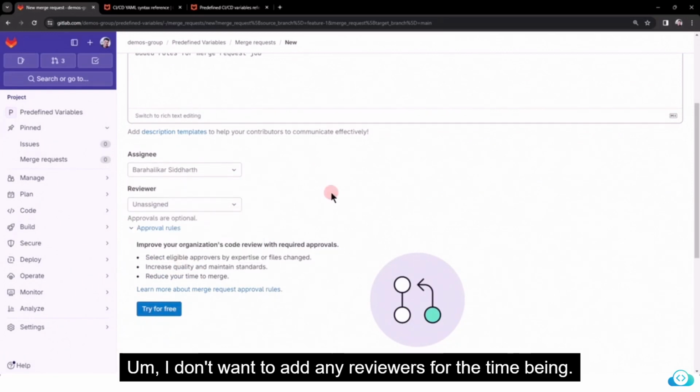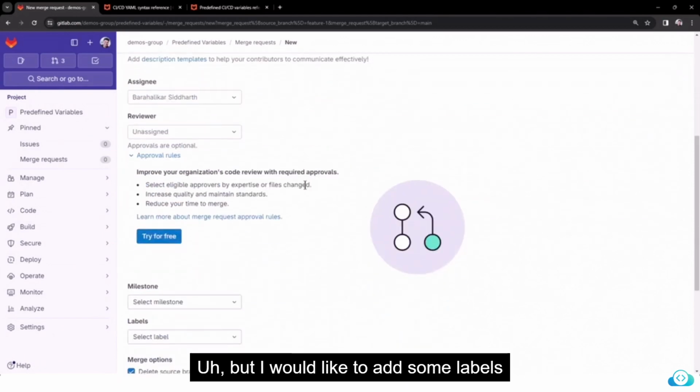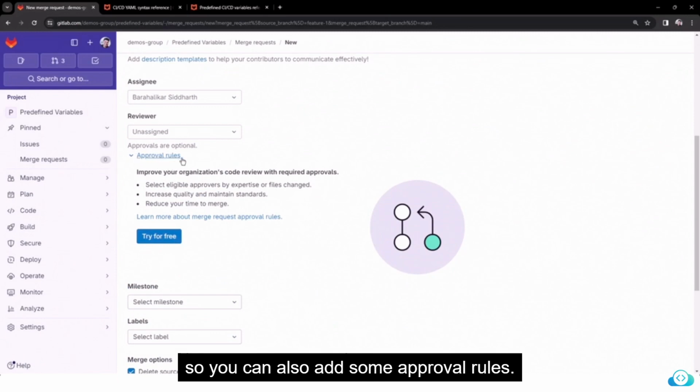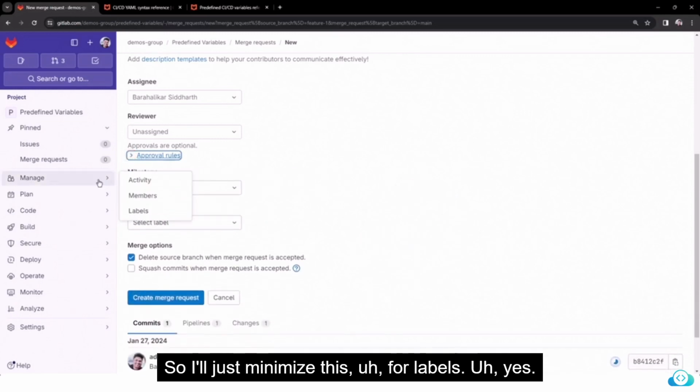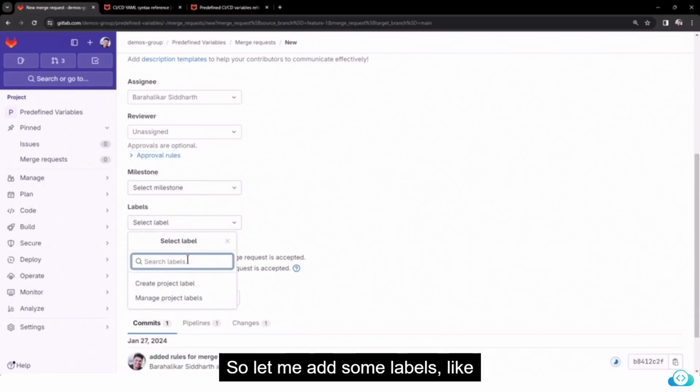I don't want to add any reviewers for the time being, but I would like to add some labels. You can also add some approval rules, but I think we can't use this in the trial account. So I'll just minimize this. For labels, yes, let me add some labels like